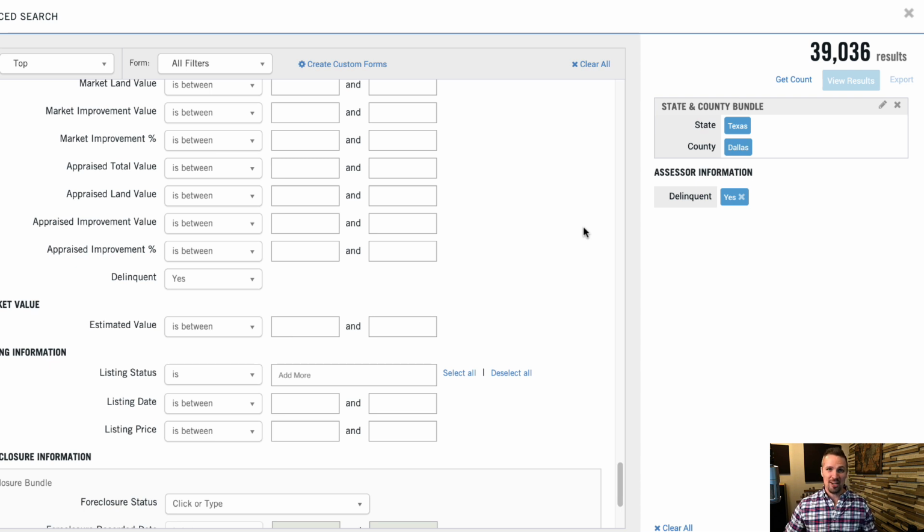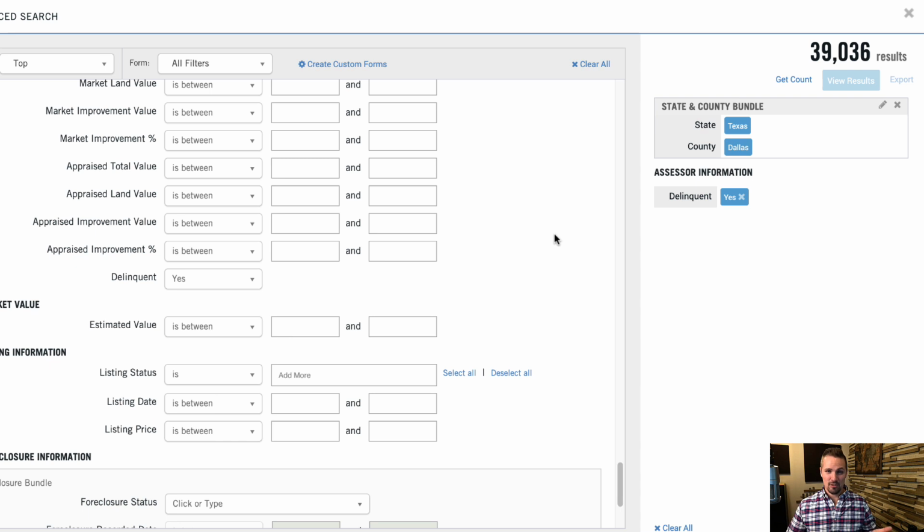I wish that was possible, but that's not what's being offered here. What this is saying is that at some point, most likely in the past year, when they last refreshed this particular item, these were the properties that were delinquent. But that's the thing. This data could be a week old, it could be a month old, it could be 6 months old, it could be a year old.